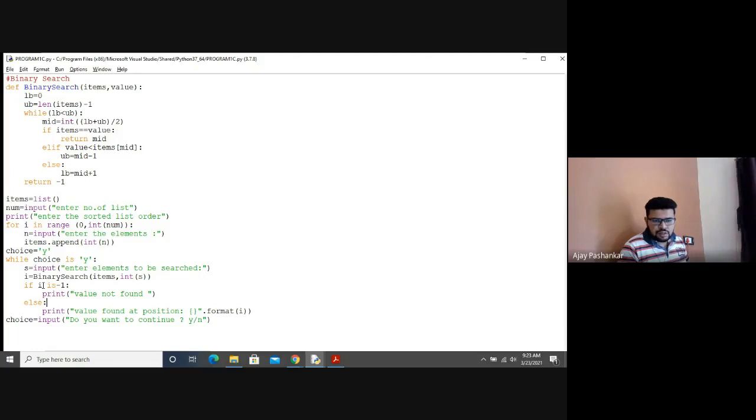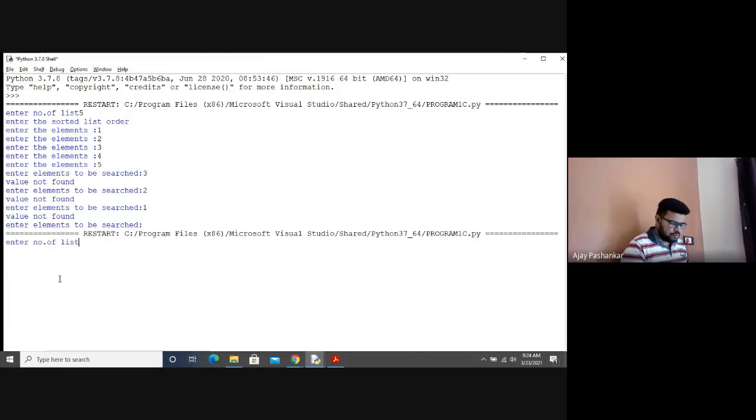It has to be input, binary search input. So elements, the value made. No problem here, absolutely. You just enter number of list and just type one.